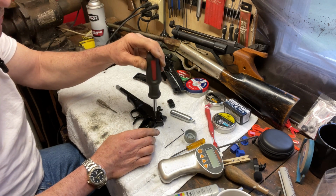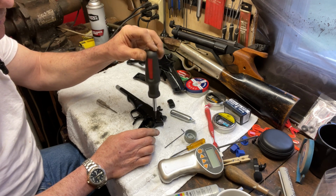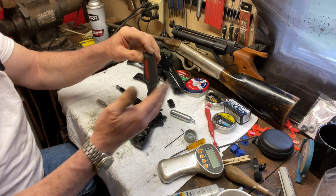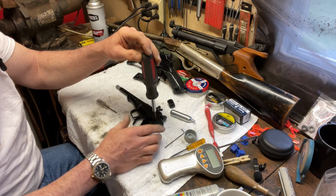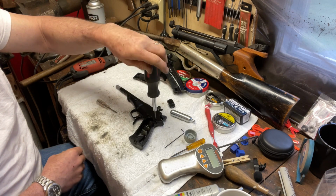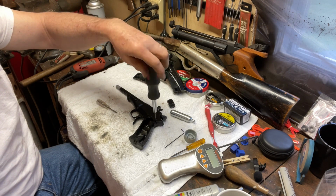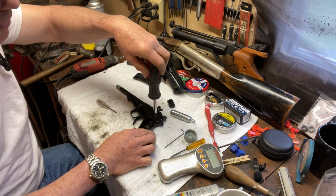screw holes, you want to make sure you turn your screwdriver backwards till you hear that click. Now you know you've just fallen off the back side of the thread, so you're starting right in the beginning of that thread, and then it should screw in real easy into that threaded hole. If you just start turning clockwise,